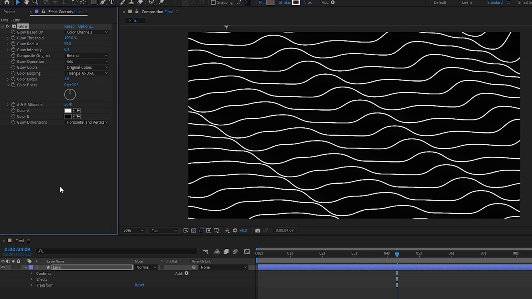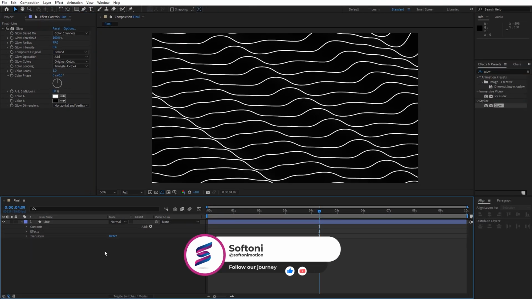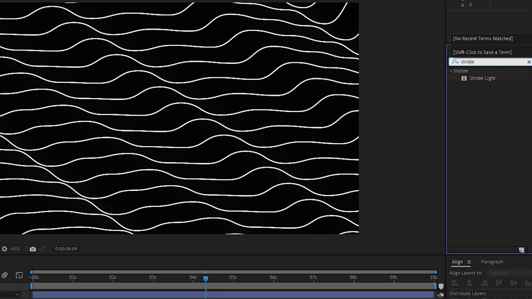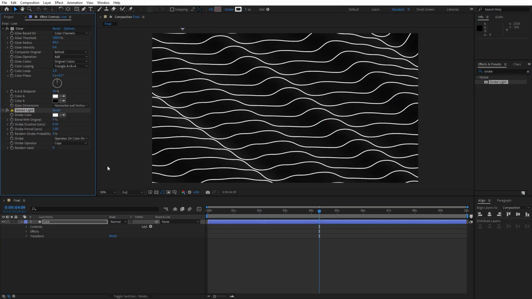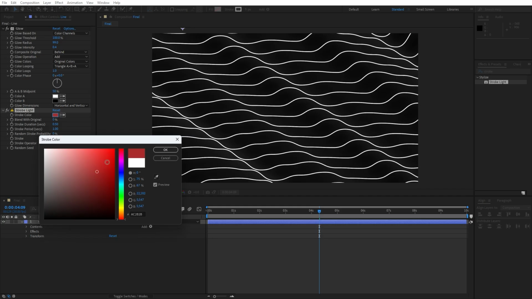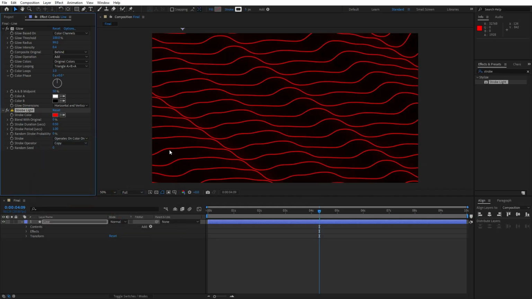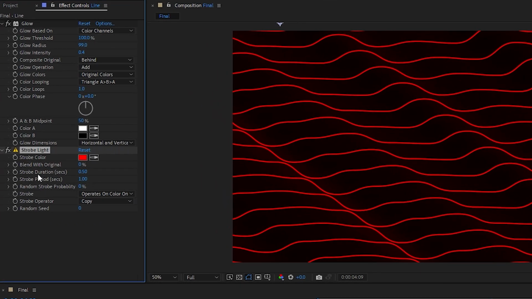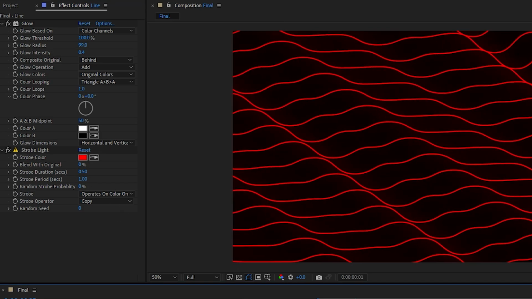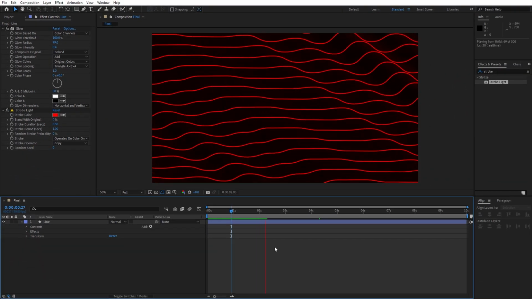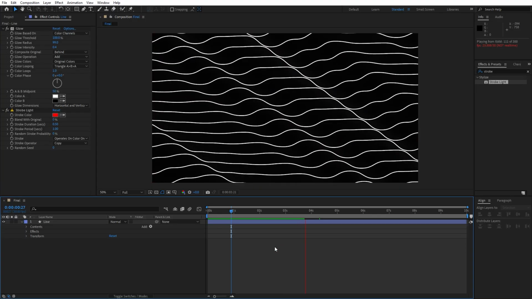And now I will add one unusual effect that you won't see as much as you can see, for example, this glow effect. Find here the strobe light effect, drag and drop. And now we will create a kind of flickering effect, change the color to whatever color you want. Let's try maybe this red color, and you can also play around here with the strobe duration and periods and everything else. And now when we hit 0, as you can see, we have created this flickering effect here inside